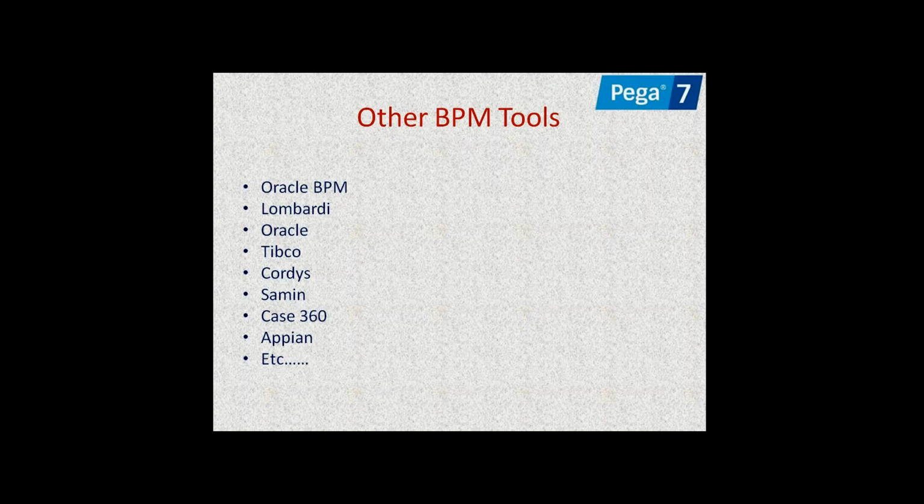For example, right now Microsoft and Oracle are trying to develop some advanced BPM tools. They are in process, so they are still developing. But Pega has been there since the 1980s, so it is the most advanced, and so many features are integrated in Pega. Other BPM tools will take so much time, and so many small tools will be there. IBM contains 50 to 60 BPM tools. Lombardi is a BPM tool, Oracle, TIBCO, Appian, Cordys. So many other BPM tools are there, but Pega is number one in the present market.